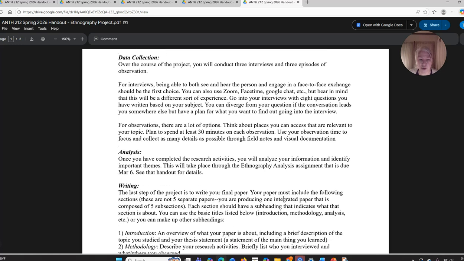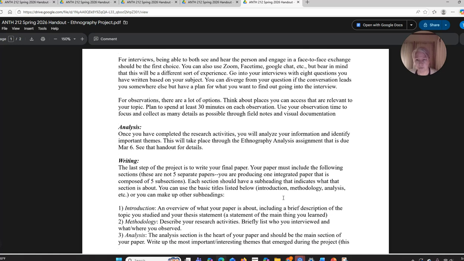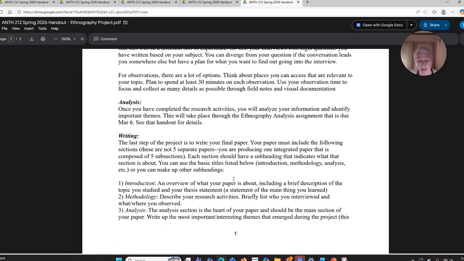So really what you're going to start from when you're drafting out this final ethnography project is the writing process, right? So you're going to take all that information and analysis and all the things you've done, and you're going to put them into the form of a 5-page ethnographic paper. And I give you some parameters for how to do that, including the specific sections of the paper as they'll be sequenced and what you're going to do in each one, right?